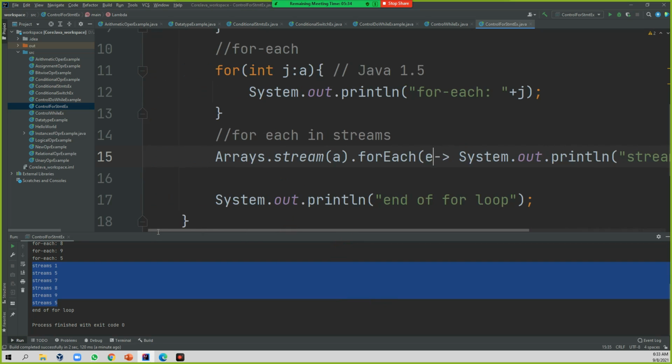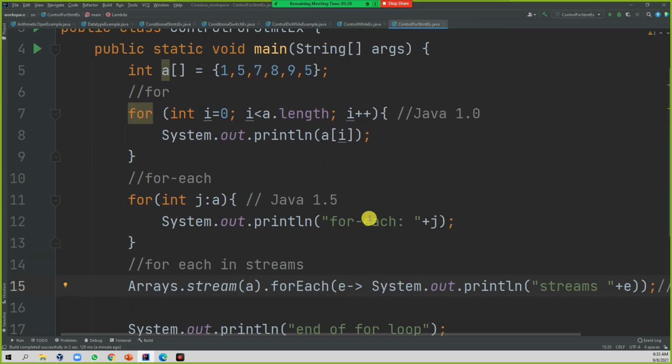So if you see, version to version, the complexity is completely reducing. Here you have to initialize, then write the condition, and take care of the increment operator. But in 1.5 it is completely reduced. You just define your array, then the initialization. You just tell what the data type is. There is no initialization like i is equal to 0, you just put j. j is the integer type. Then whatever array elements are there, it starts retrieving and displaying.